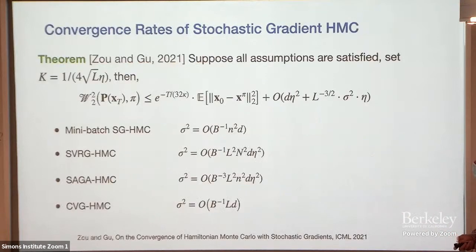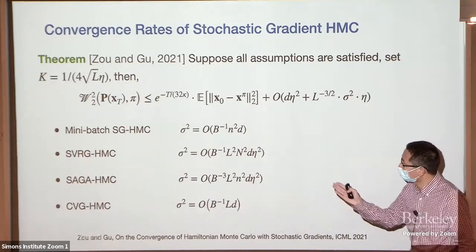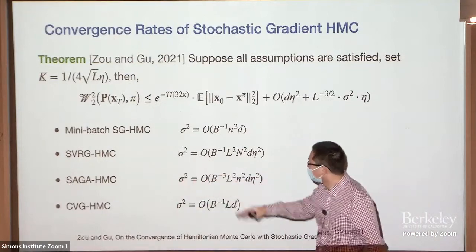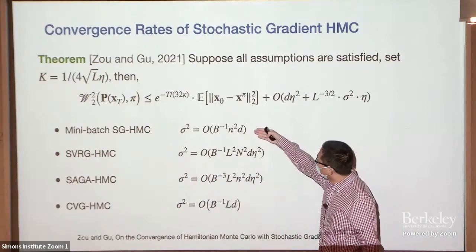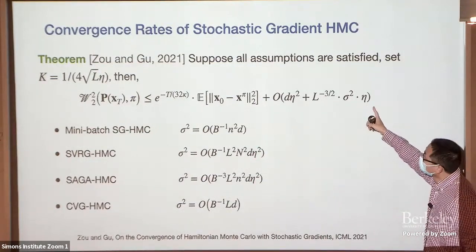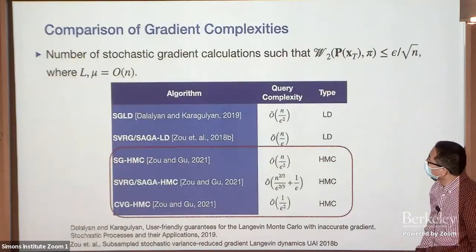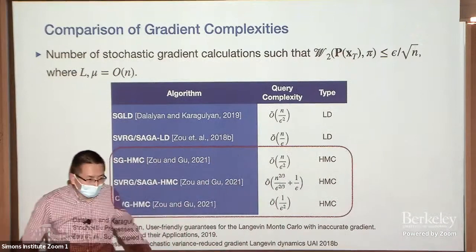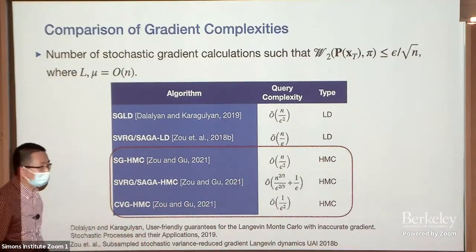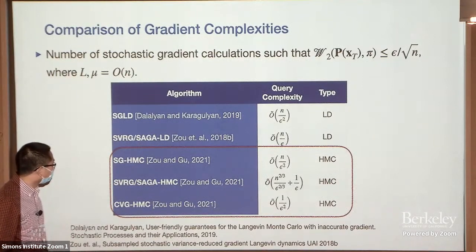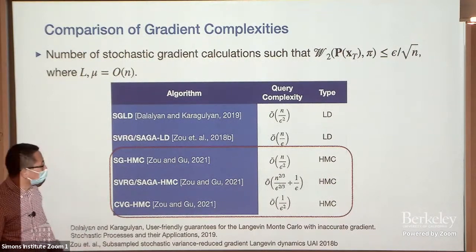Okay, now we can also calculate the variance bound for the other two stochastic gradient estimators, which I just omitted here. And by substituting this variance bound into this master theorem, and then doing some calculation, we can prove the query complexity of stochastic gradient HMC with different kinds of stochastic gradient estimators, including mini-batch stochastic gradient,